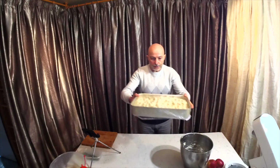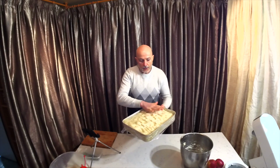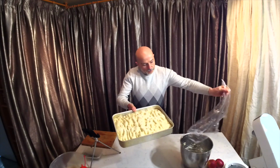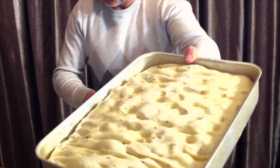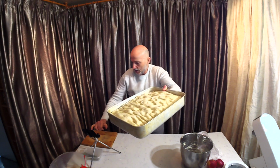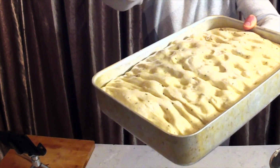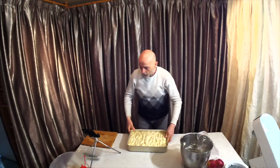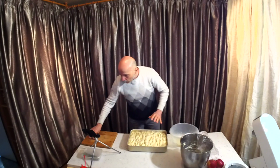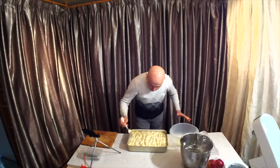But anyway, this is the focaccia made with the sourdough base that has proved now, and as you see, it's doubled inside. It's very soft, and we need to remember that we need to add the salt. Okay, see how beautiful, and it's very soft. And here we have our salamoia. You remember we made it just before. Now what we do, we make some holes here like this,